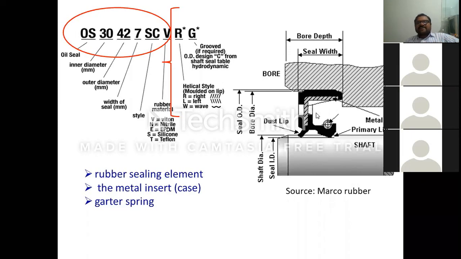So what you have to do, two oil seals, for the input and output shafts where they are coming out. You have to select and you have to construct this diagram also in your assembly as well as the detailed drawing. And based on the shaft diameter, you can select from the catalog.